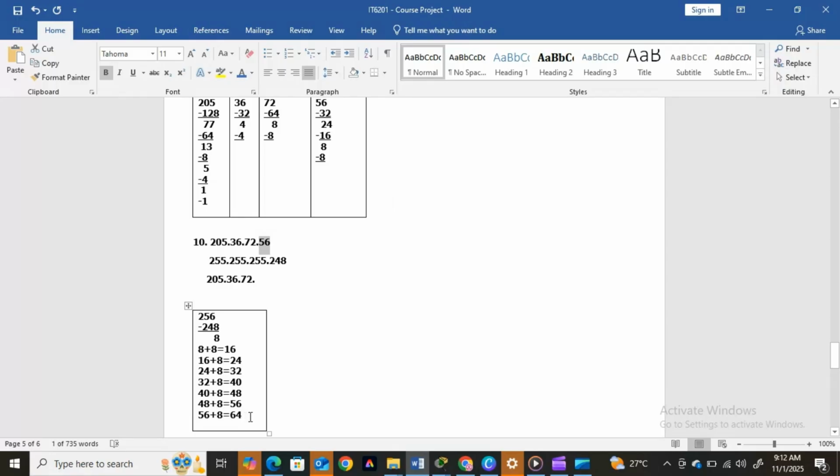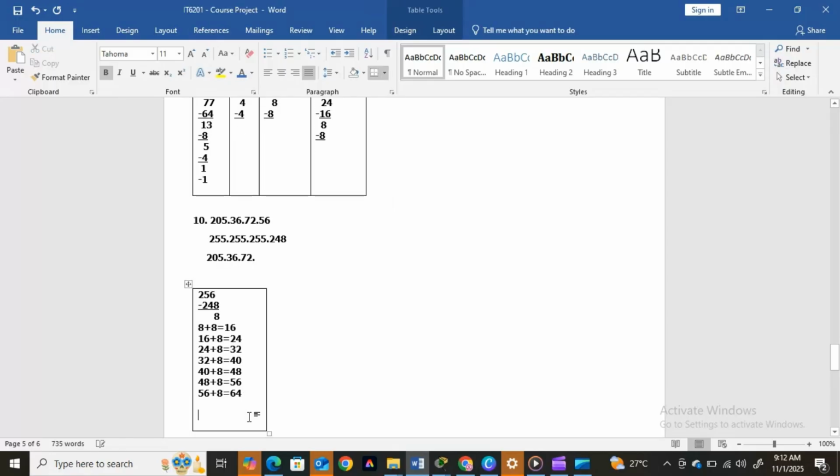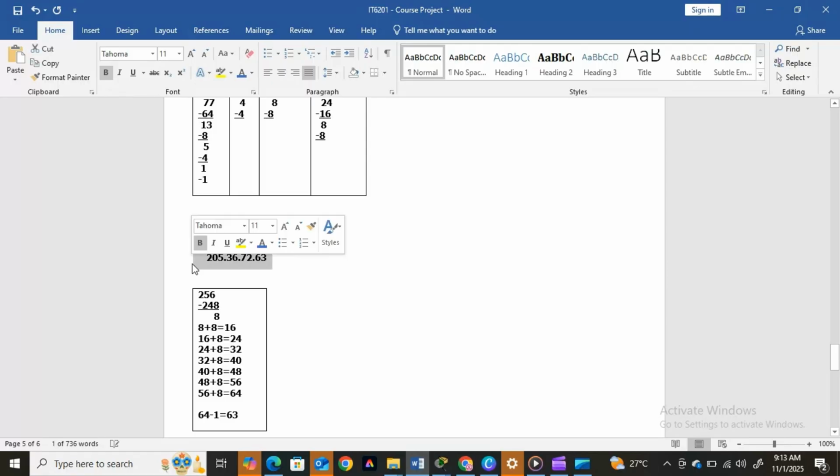So 64, we have to subtract 1. 64 minus 1, then we have a value of 63. So the last value of this IP address is 63. So this is the broadcast address. This is how I get